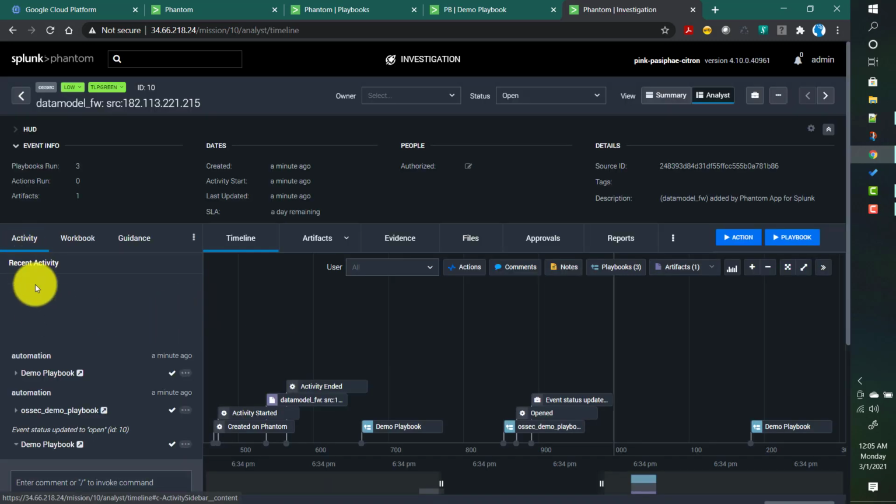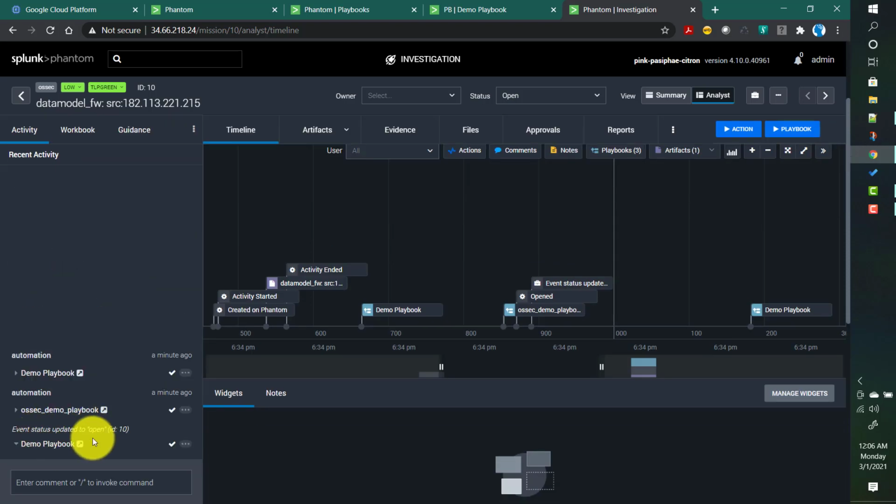In our activity window, the demo playbook already worked on this a minute ago. I also created another playbook for myself while I was testing, so that playbook is also active and also acted on this event. It updated the status to open, as shown by the demo playbook here.